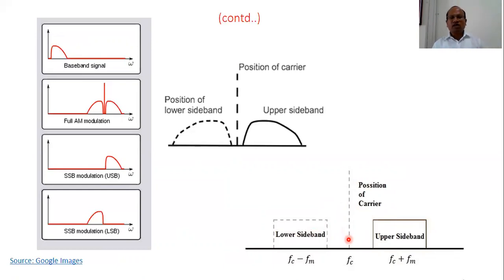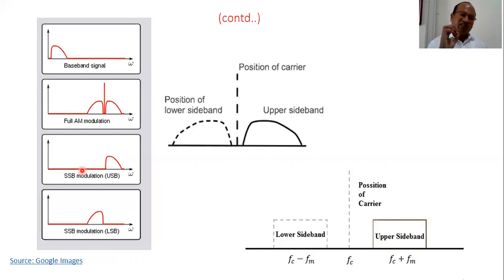All right. So what is the important thing here? What is the interesting thing here? Which sideband will be chosen? Because we know that the message is present in the upper sideband as well as the lower sideband. So which sideband will be selected? That's very interesting. The sideband which is least likely to be affected by noise, where the possibility of noise is less, whichever sideband we prefer, that sideband will be transmitted.